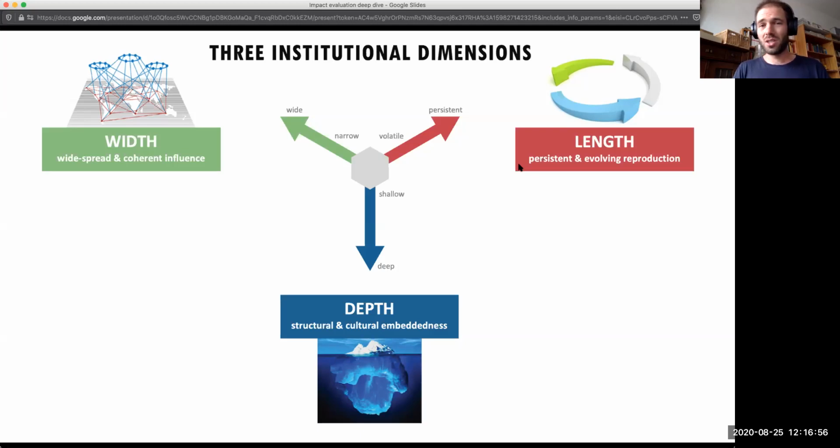So if we want to change these kind of dominant institutions that are very widespread, deeply embedded, and persistent over time, we need to develop alternatives that uproot and sort of lessen the depth, lessen the width, lessen the length of those dominant institutions, create alternatives that are equally or even more deeply embedded, widespread, and so on.